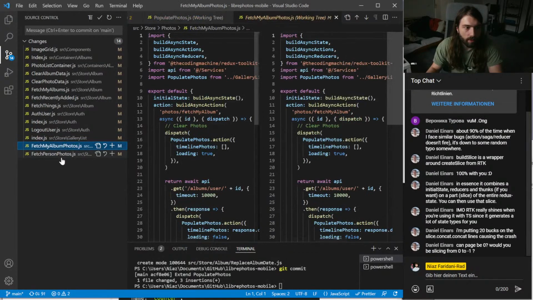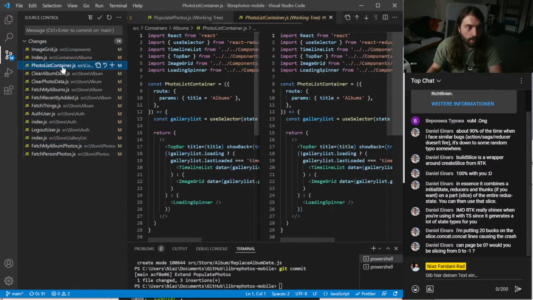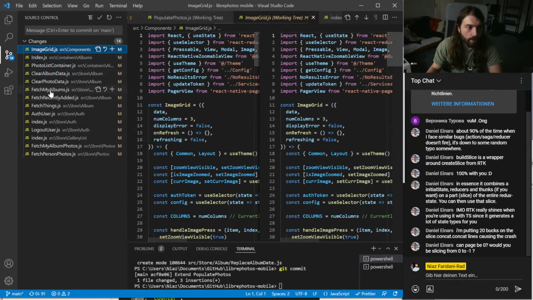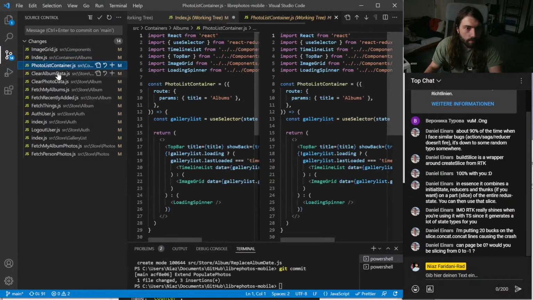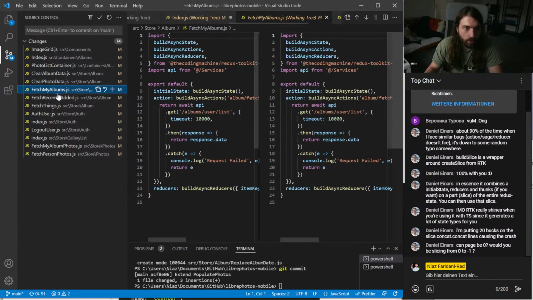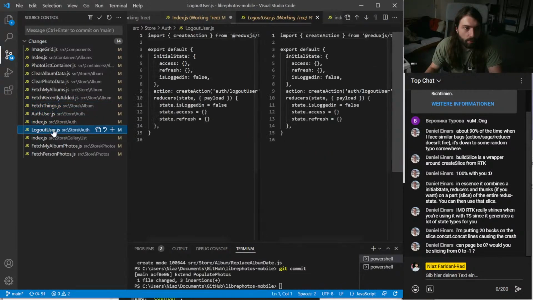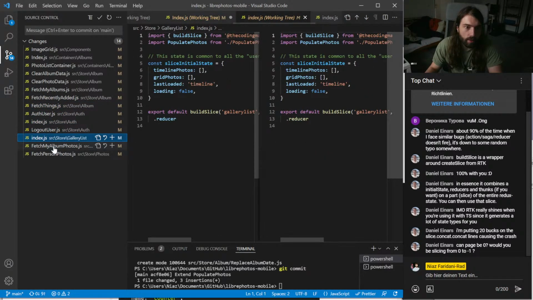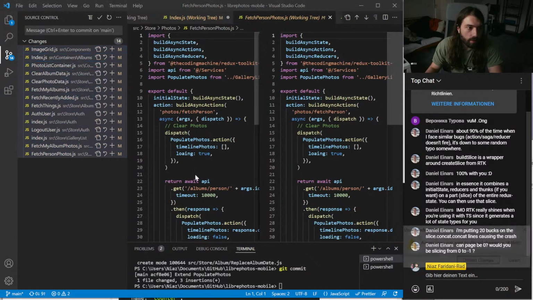Okay, fetch my album and fetch person photos. Okay, so these all are basically not real changes. I'm going through all of them again. Now, it's just changing line endings because Windows is weird and it doesn't want to do it automatically, even though I set it. Okay, discard changes.